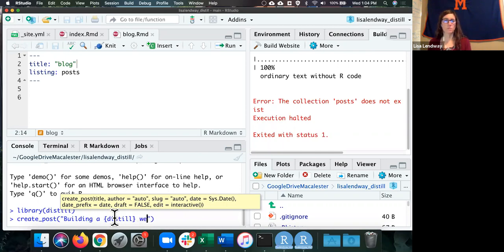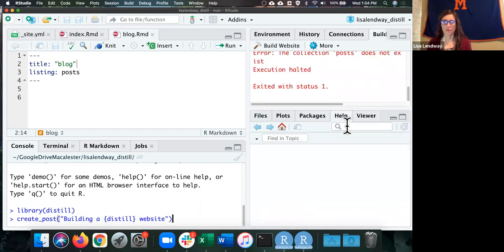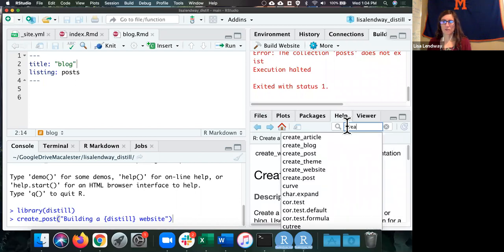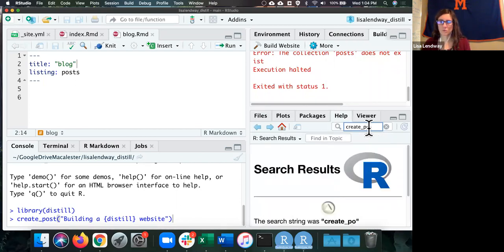Distill website. I wonder what exactly that is going to do though. I think this also creates an R markdown file. Let me just, I'm going to look at this create post function. I want to make sure,